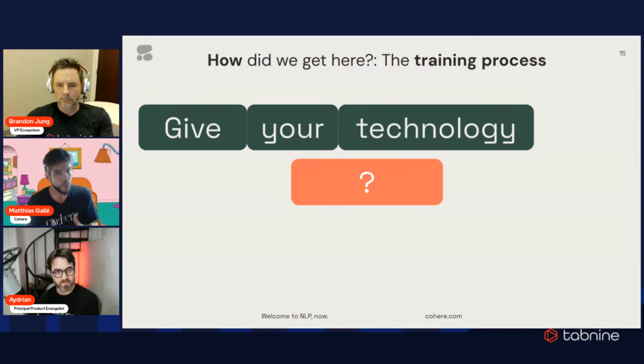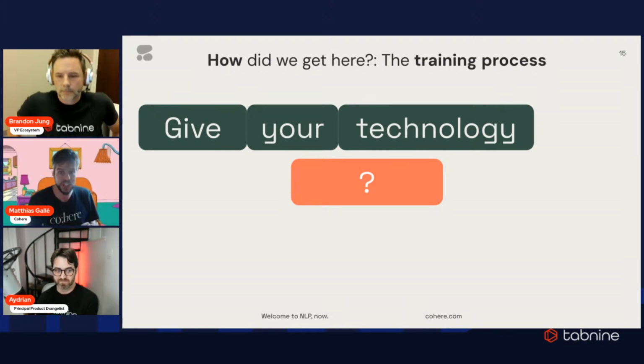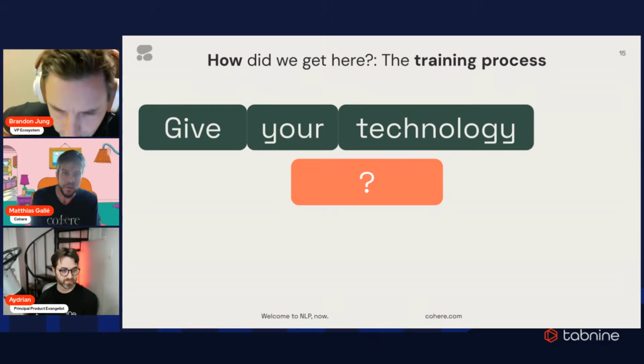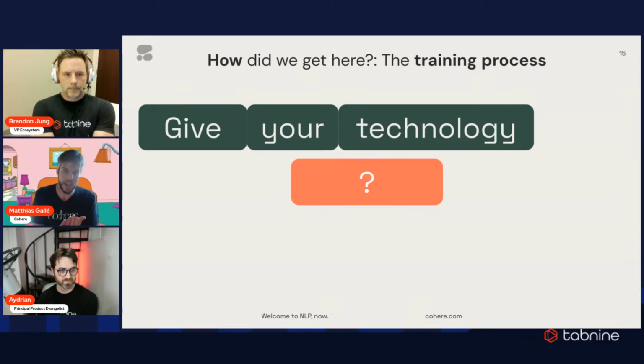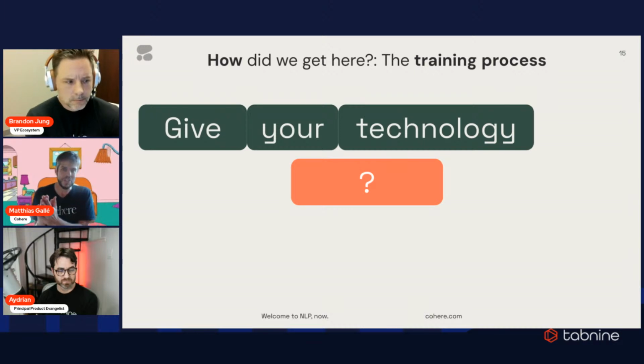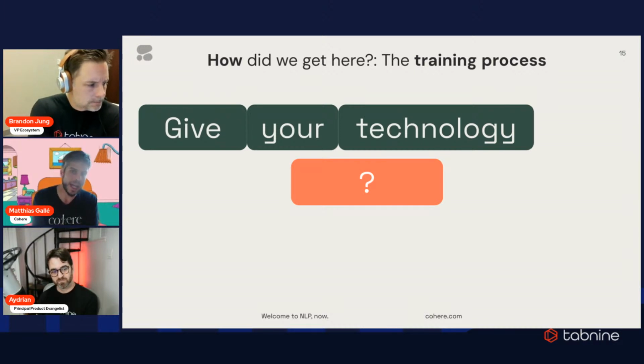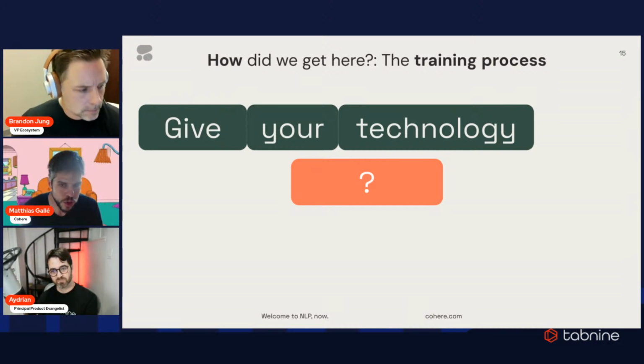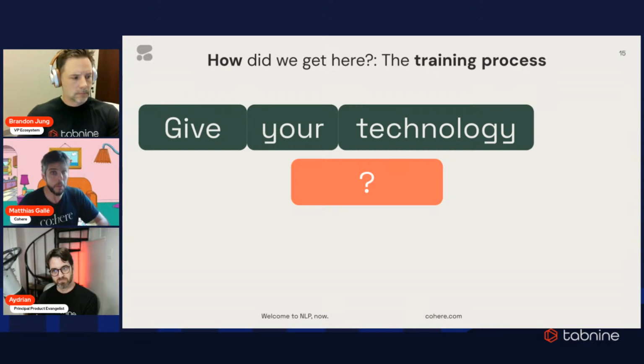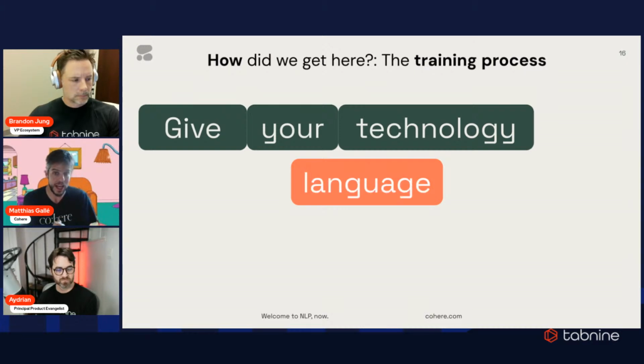I think most of you know that the way these models are trained is by getting lots of text data, code data. And then what you do is you give it a prefix. So the prefix here, assume it's the green one, "give your technology," and you hide the word which comes next. And then when you train your model, you query your model, asking it, what do you think is the word which should come next? And then the model gives you a probability distribution over all possible words. And then you reveal the correct word. In this case, it's "language."